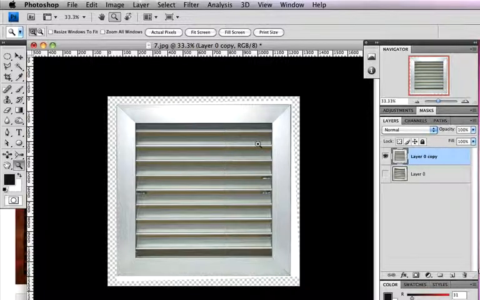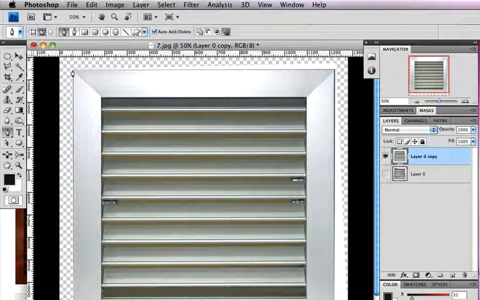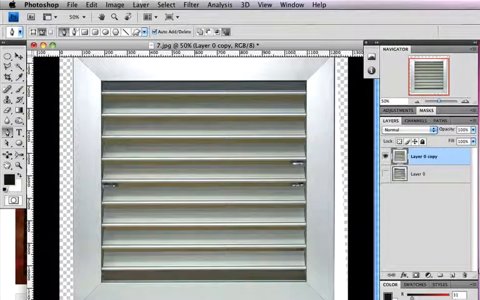The next thing that we need to do is we're going to add a contrast. So we're going to add a hue and saturation adjustment layer. So Command click on our copied layer. So we're going to get this outline for it, and we can see we've got these white areas in here. So what I'm going to do is I'm just going to zoom in, Command D to deselect, and I'm going to use my pen tool here, and I'm just going to come straight across to here. I'm just going to go around the outside of my shape here,